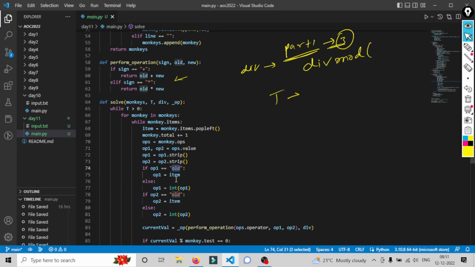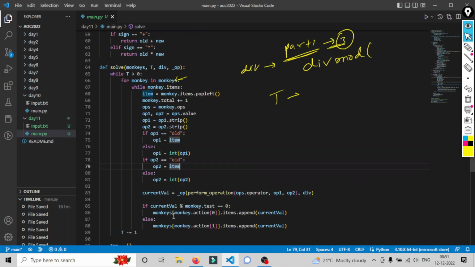If it is old value, then assign the current item value as the value. If it is not old value, then operate. So op1 value will be appended and translated into int. Same for op2. And we also have operator because we have appended operator. So this is the sign value, this is old value, this is new value, and we are calling this function